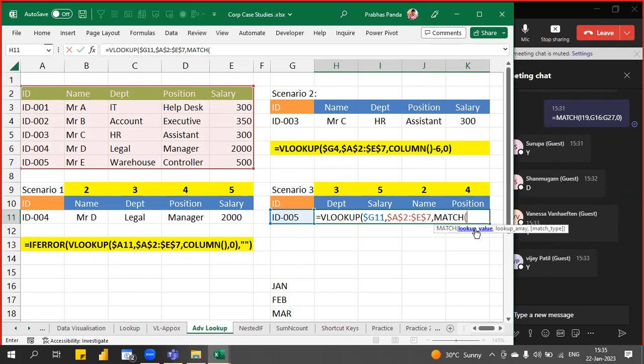Now, what is our lookup value? Can anybody say that? Employee ID? Employee ID, right? So technically employee ID is our lookup value, G11. But that we have already given to VLOOKUP. So we have nothing to give as a lookup value for match. But technically we have something. What is that? Can we take this department column header as a lookup value, comma,